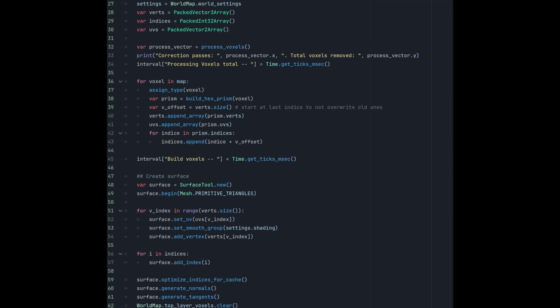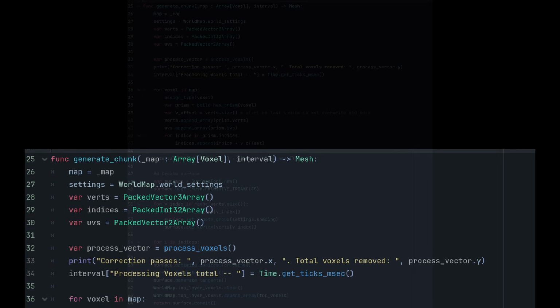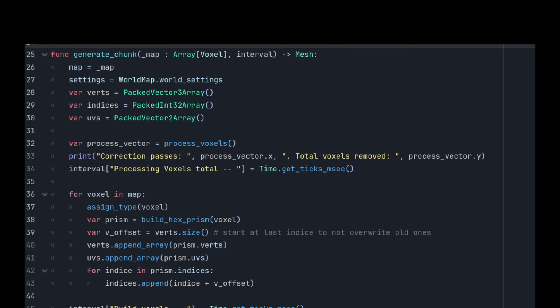Here is the main entry point for this script. I know we were having such a great time looking at the voxels, but now we have to look at a bunch of boring text for a while. But don't worry, it will be worth it. We take in the array of voxels that was generated by the grid mapper. We cache the array and a copy of the generation settings locally, and we get ready for generating our own